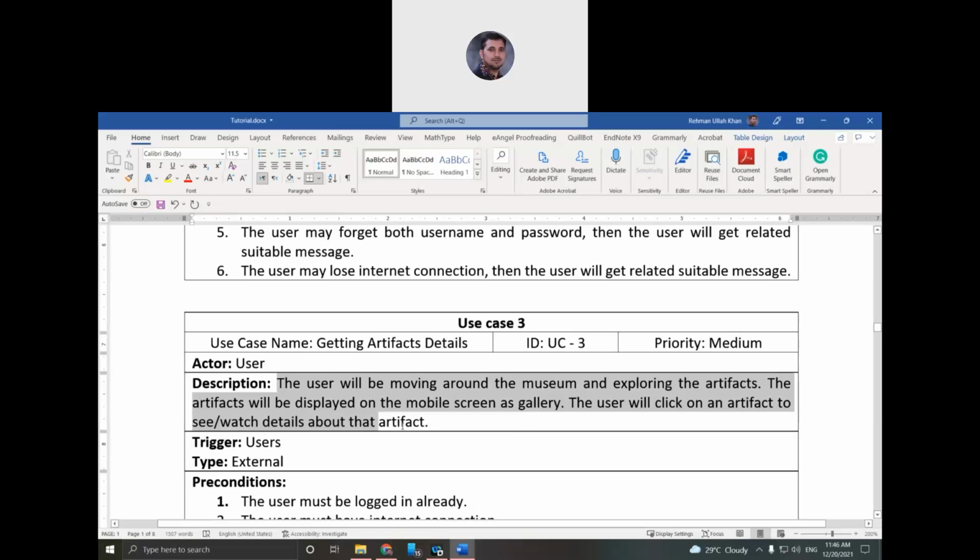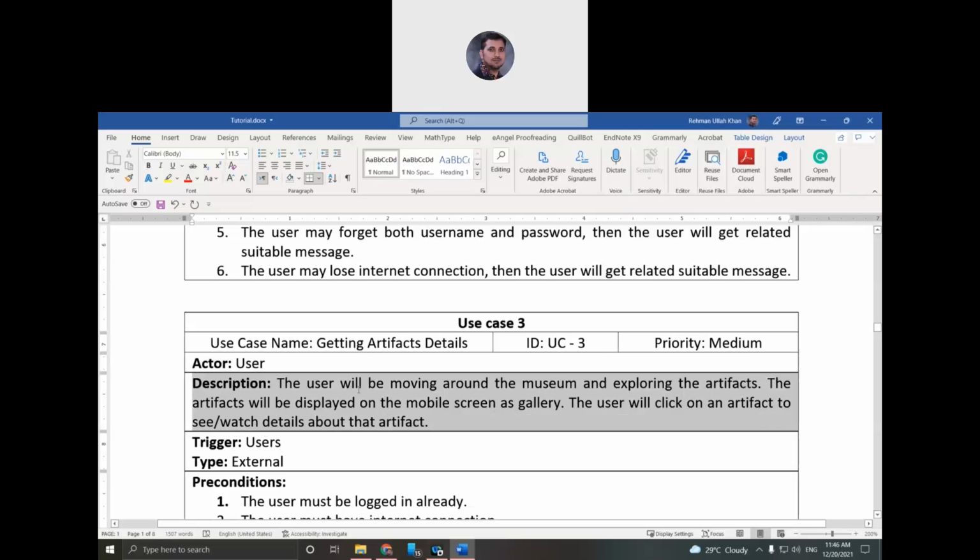So this is why I put the description like this: the user will be moving around the museum and exploring the artifacts. The information may be in many different formats. The information may display in the form of text, in the form of more detailed images, or in the form of audio, video, or 3D models.